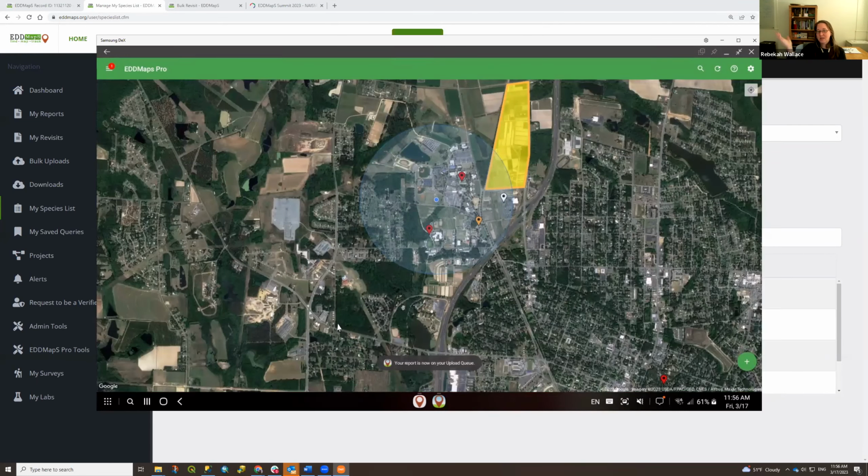And that's as long as it takes to fill out one report form. It's not an extensive process. For some people, the longest thing might be to draw the polygon, if it's a very complicated area. If you find that polygons are not necessary, maybe it's just a small clump of something, you can drop a marker.